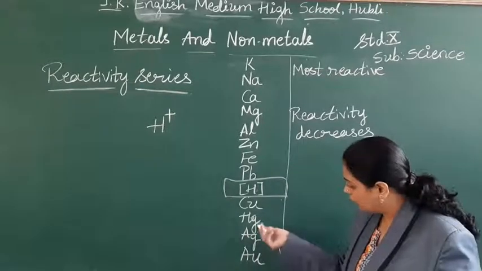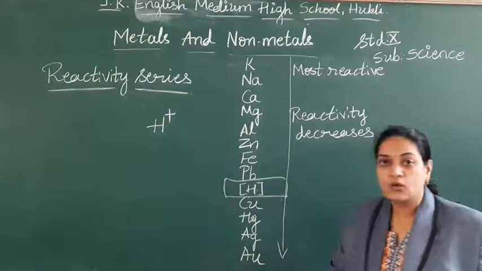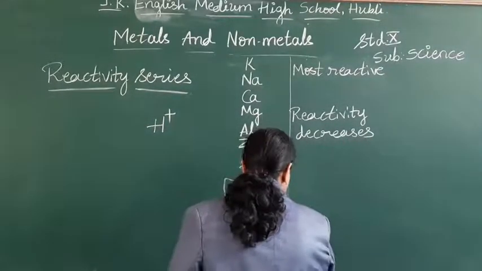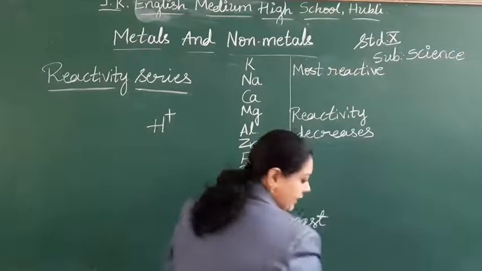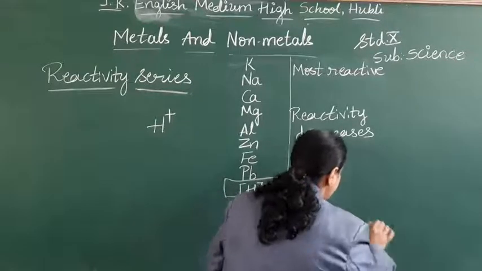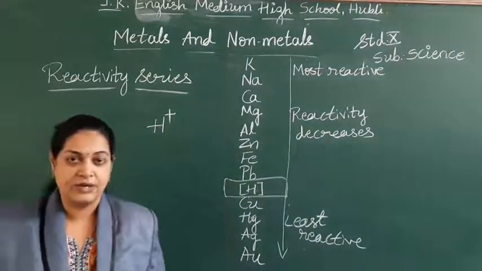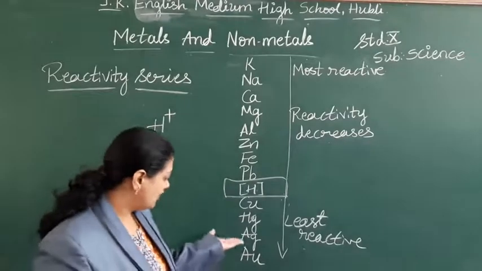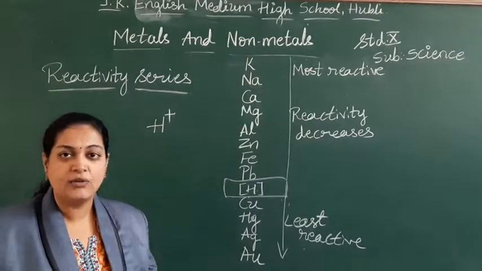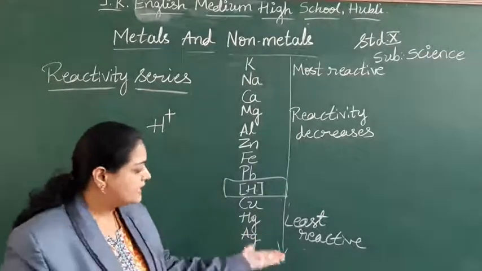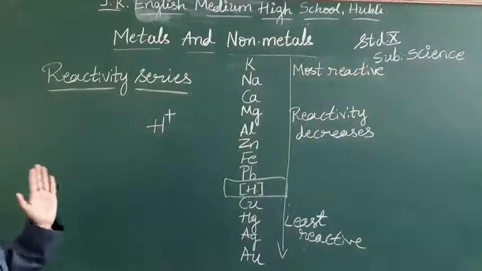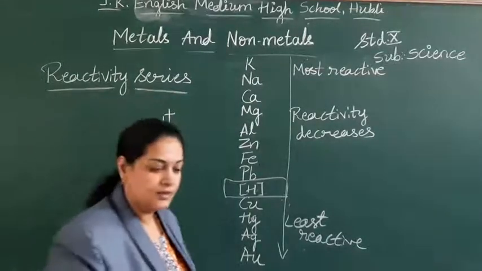Okay, as you come down, mercury, silver, gold, platinum, what happens? These are all least reactive. Least means we find very less reactivity of these metals. As we have discussed, whether you put the silver, gold in the water or with the oxygen, we don't find the reaction, right? Easily they won't react. That is why these are all least reactive metals, right? So this is called the reactivity series of the metals, right, students?